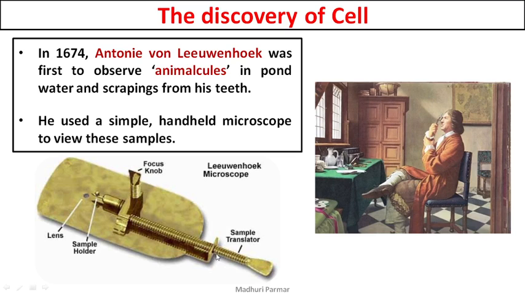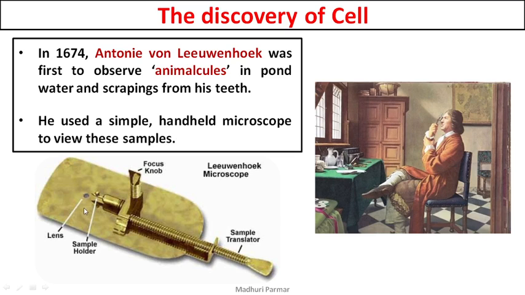Fine. Now you can see these two screws, right? So these are called knobs or screws. By twisting this screw, you can focus on this particular sample, whatever sample you have placed. Using this screw, you can pull it up or push it down, okay? Align it according to the lens. Then you have another knob, which is the focus knob. This knob or this screw will take this sample closer to the lens or farther away from the lens. Okay, so this is the basic kind of microscope he had been using.